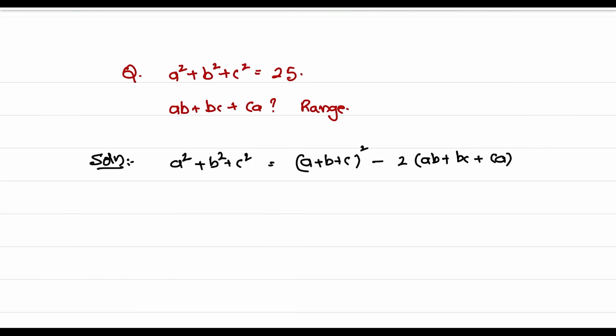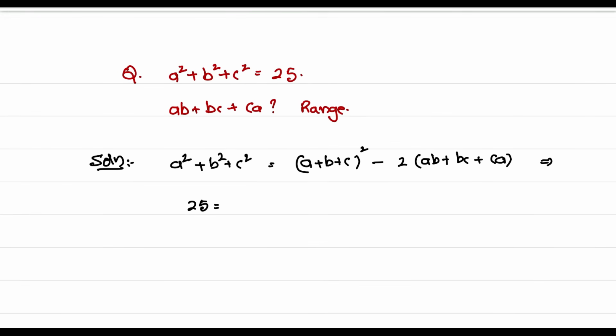But a square plus b square plus c square value is given. Can I write 25 is equal to (a plus b plus c) whole square minus 2 into (ab plus bc plus ca), which implies,